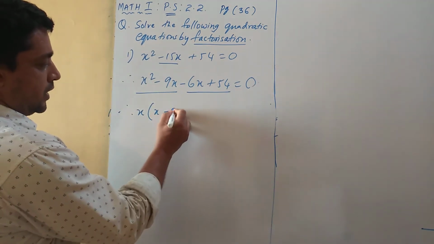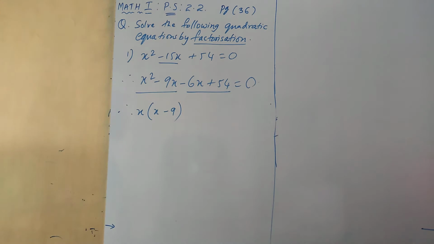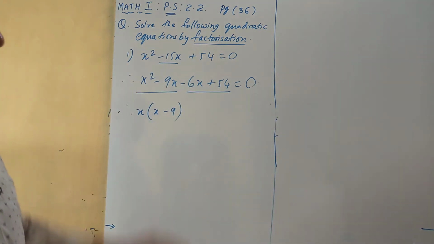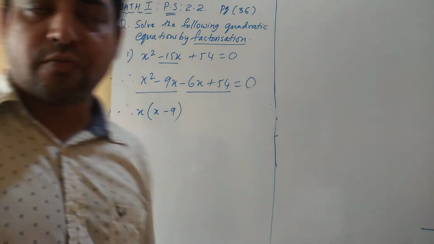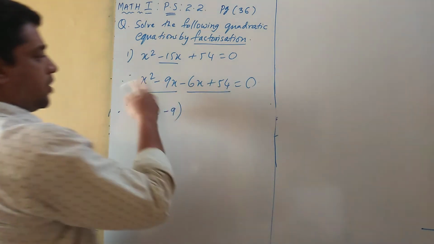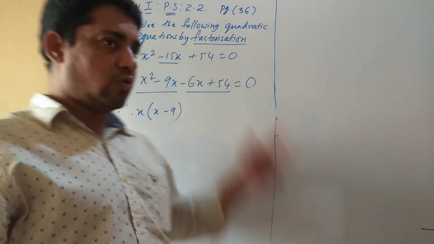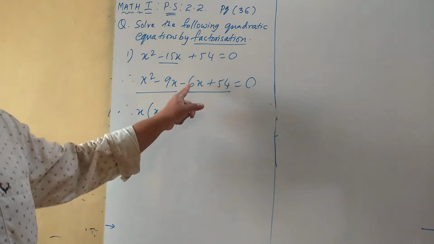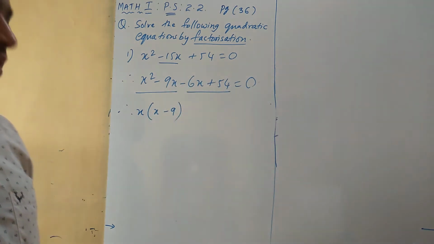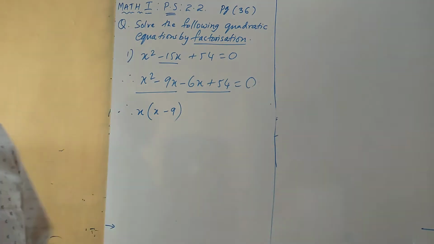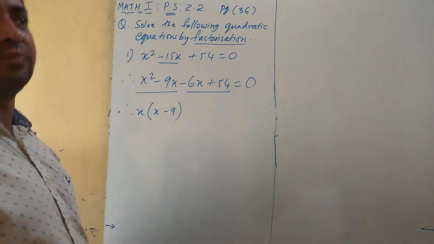So x minus 9. This is how you proceed further. Okay, this you have done in, I think, lower class, 7th, 8th standard, where you have studied factorization. Is it clear? So again here, now here we got a variable common. So in your second pair, always you will get the number as common. Okay, so here the numbers are 6 and 54. Yes, table of 6. Okay, we get 54. How many times? 6, 9 times is 54.